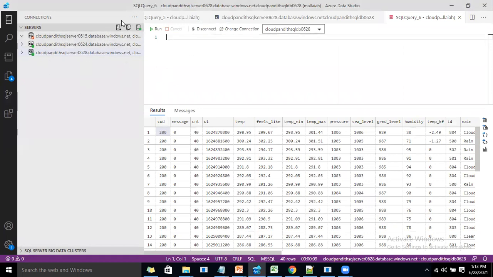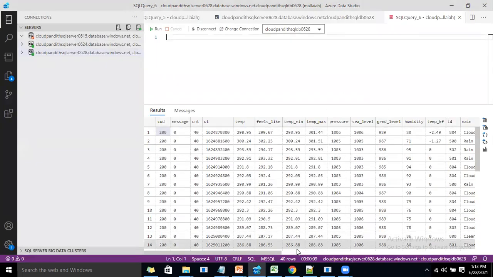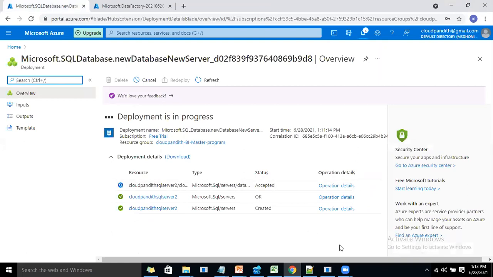If you want to connect to a new database, whenever you want to connect, just click on new connection here. Even if it is not showing all these options, you will see something called new connection. Click on that, it will show all these options. I'll tell you how to connect. We are going to connect one by one. So that's the second way. We just have seen the second way.